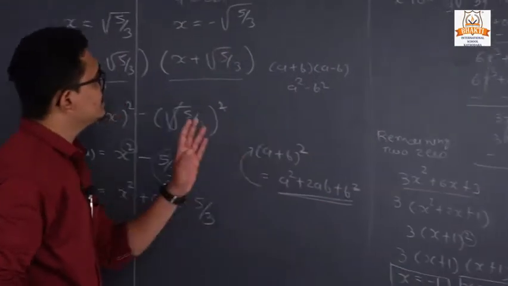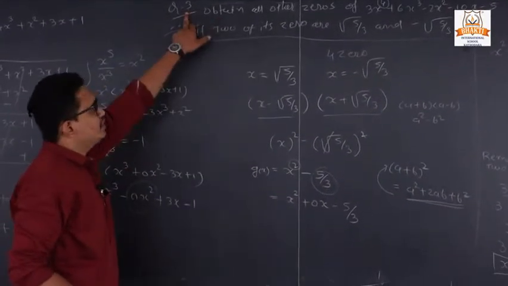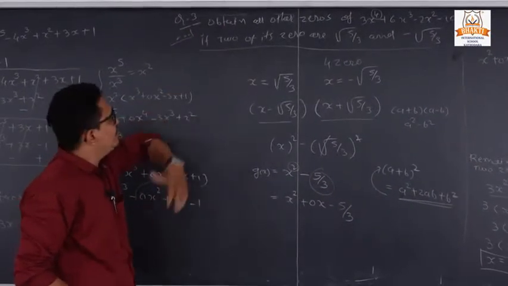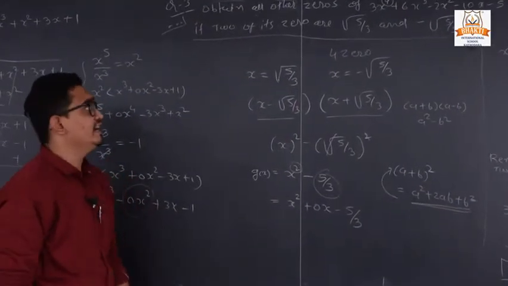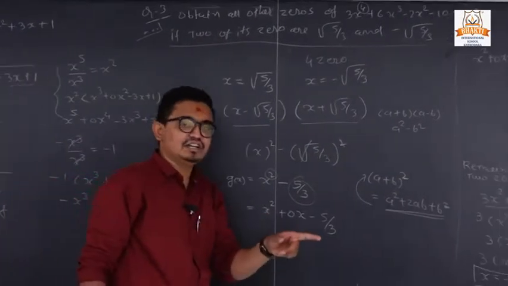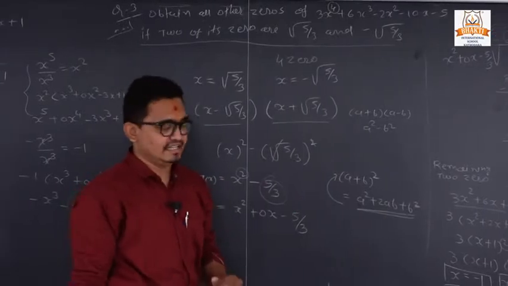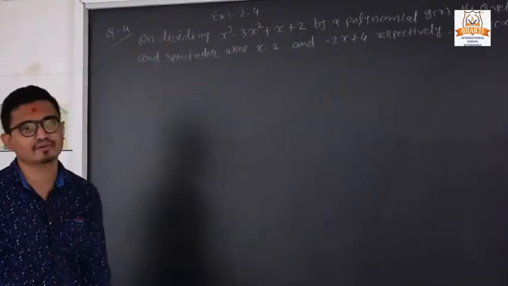So it is our question number 3. It is very important, and the same example is given in the solved examples. Clear? So you can try it at home. Both examples are the same, but one question is given before the start of exercise 2.3. Okay, so exercise 2.4, question number 4.